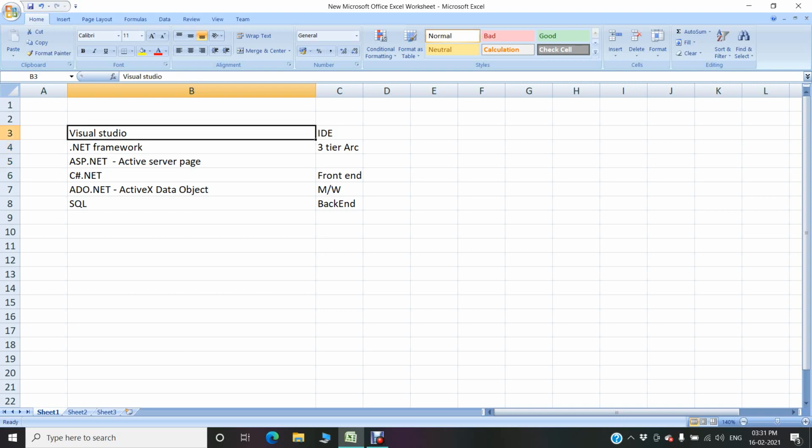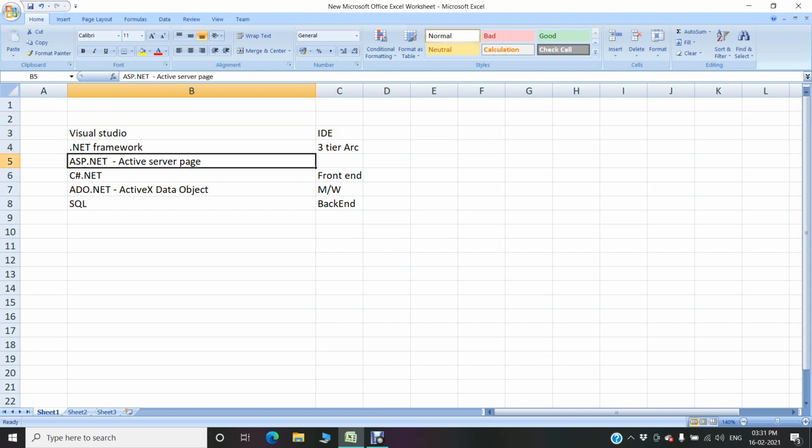So Visual Studio is the IDE, and .NET framework is a collection of languages. ASP means Active Server Page, the platform we use for designing a web page. C Sharp.NET is used for writing the middleware or business logic for my screen.